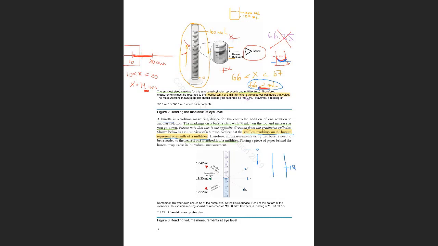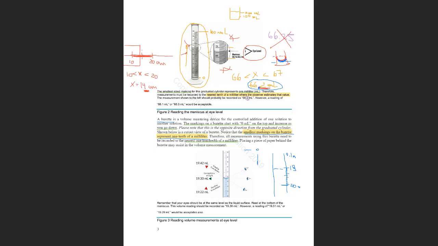And we said that it increases as we go down. We have the 20 here, 20 mLs. But it also has 1, 2, 3, 4, 5, 6, 7, 8, 9, 10. So each small marking represents 1/10 of a milliliter,